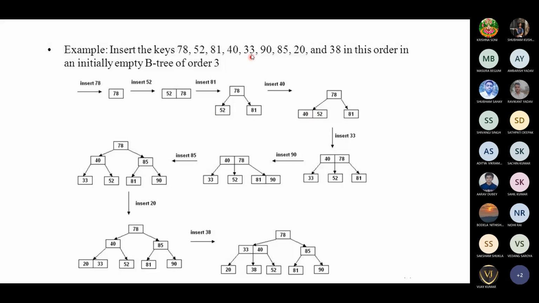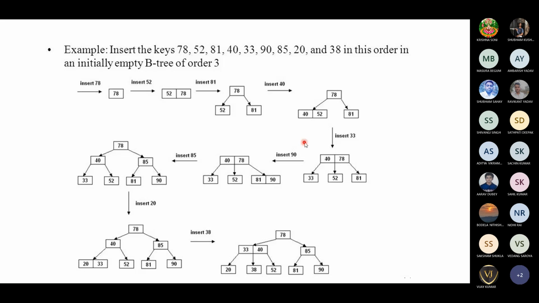Then 33 will come. Again this node will burst. 40 will become the root node, and 33 and 52 will become the left child and right child. When 40 becomes a root node, it will check whether there is a space in the parent node. There is a space because it's order 3.